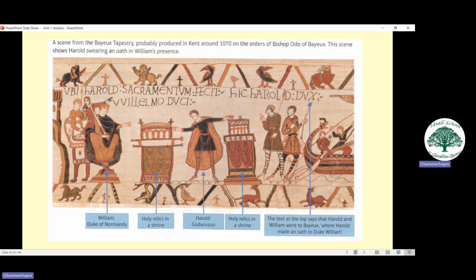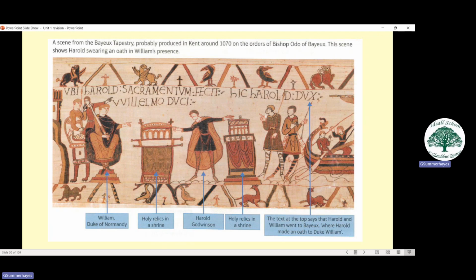The relics. Good idea. Make him swear a holy oath on the relics so that God is paying particular attention, with the people watching on as witnesses, and Harold saying, "Yes, I promise to let you become king when Edward dies." Apparently, William had already been promised by the king earlier, much earlier, possibly when Godwin had been exiled, that he could become king. So he's just cementing his position.